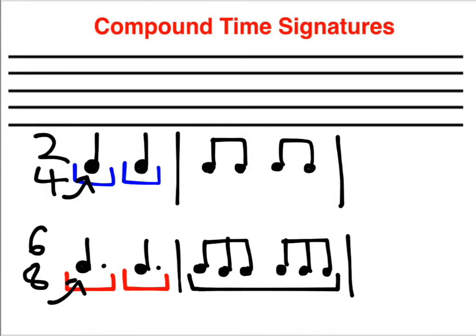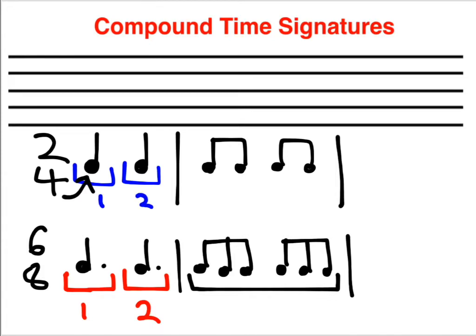So again, this is an important point to remember: when you're dealing with compound time signatures like 6/8, it doesn't mean 6 quaver beats per bar, it just means 6 quavers in a bar. Because in fact, there's only 2 beats in a bar in 6/8. They're both dotted crotchets. Just like there are only 2 beats in a bar in 2/4, but this time they're